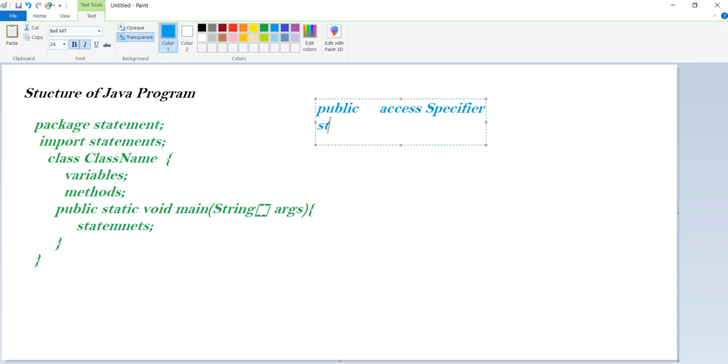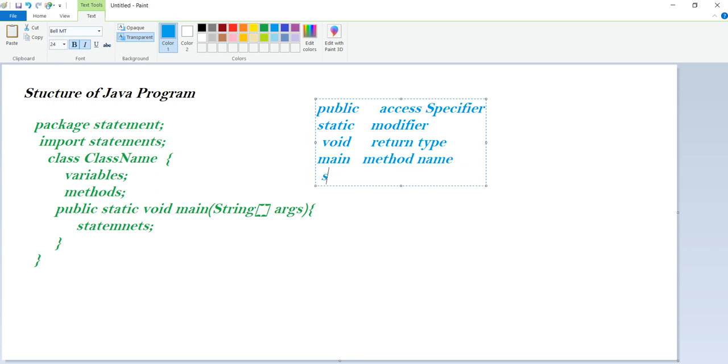And then static. Static is called a modifier. Void is called the return type. Then main is the method name.